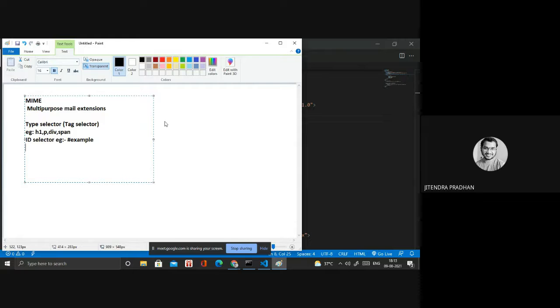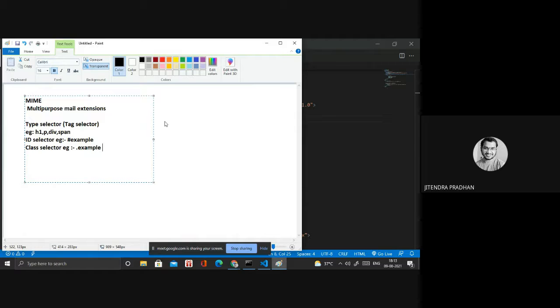Next one is the class selector. The prefix for a class is a dot, for example .example. Yeah, this is the class selector. I hope you know all these things.